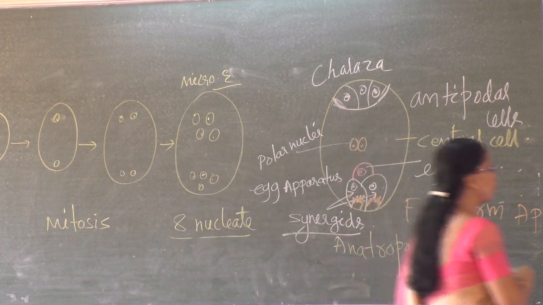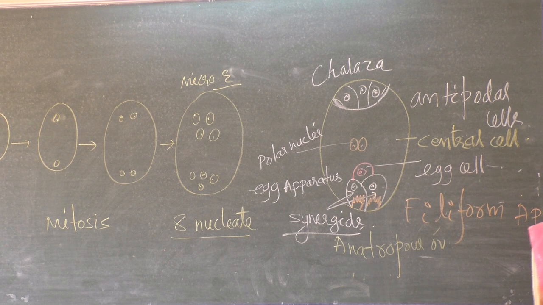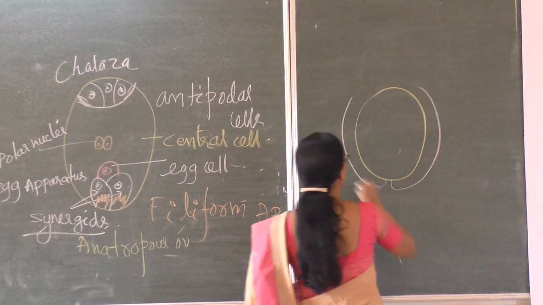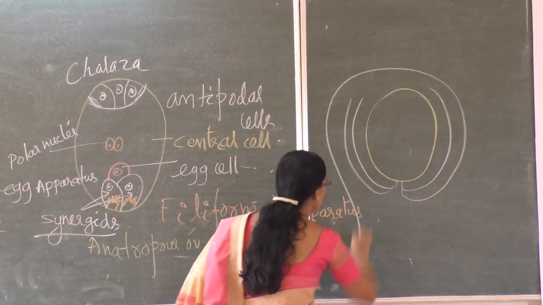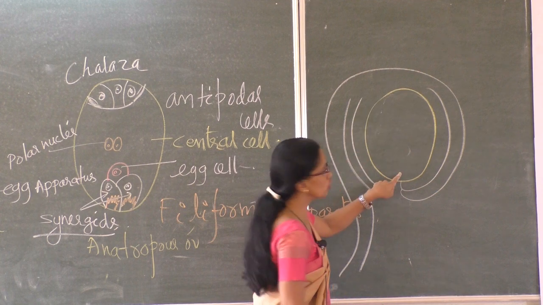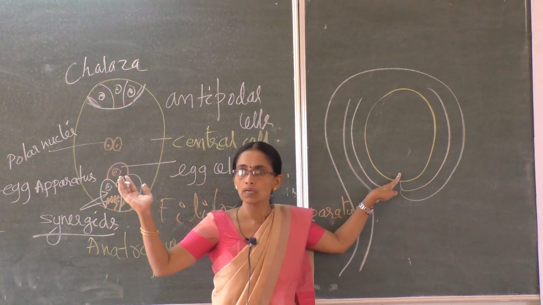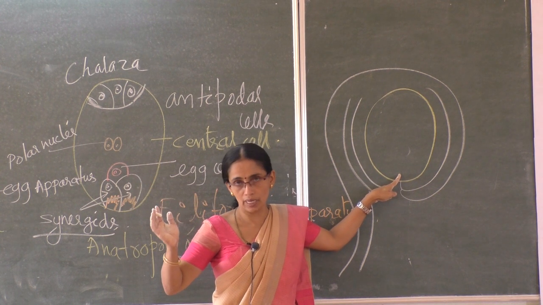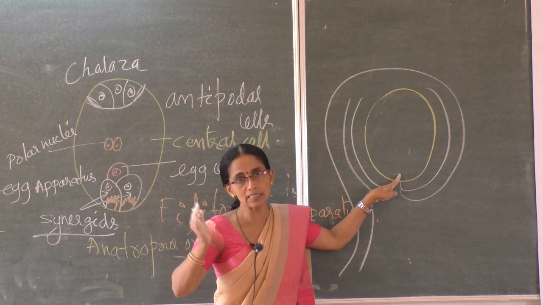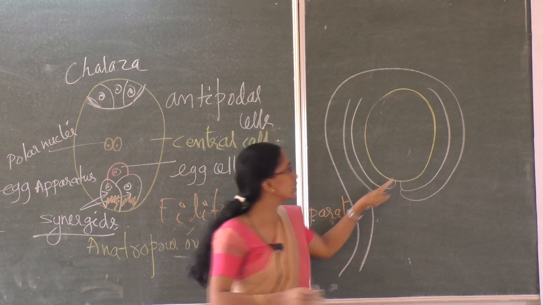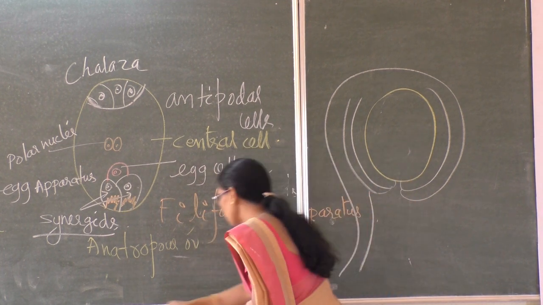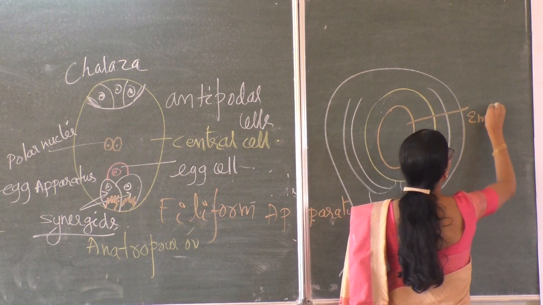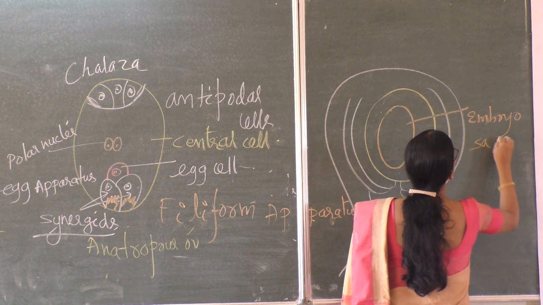Now recall our ovule. In the case of the ovule, this is the nucellus, with the integuments. One single cell of the nucellus near the micropylar end becomes the megaspore mother cell, undergoes meiosis and produces the functional megaspore. Its nucleus divides 3 times mitotically and results in the embryo sac. That embryo sac is now present inside this. This is now the embryo sac.